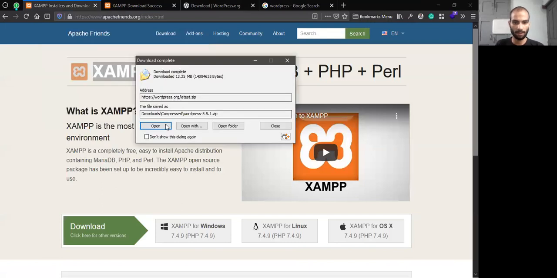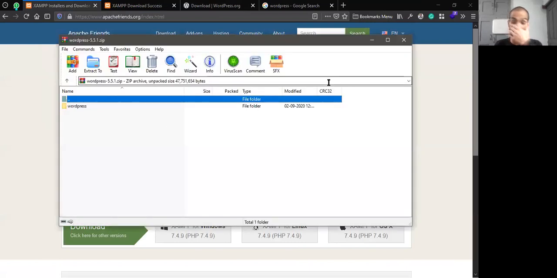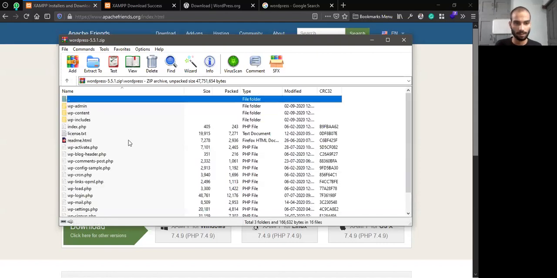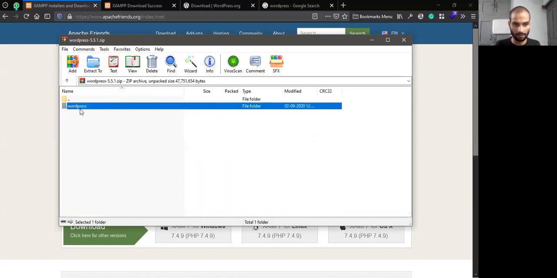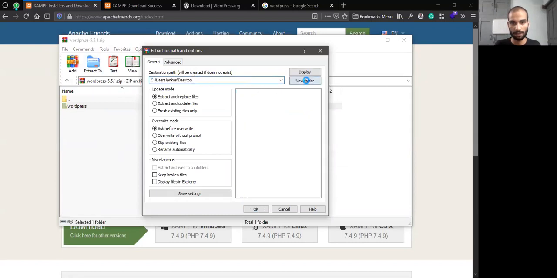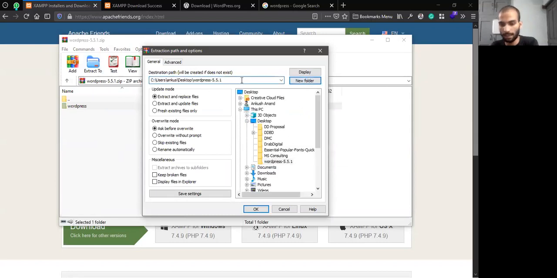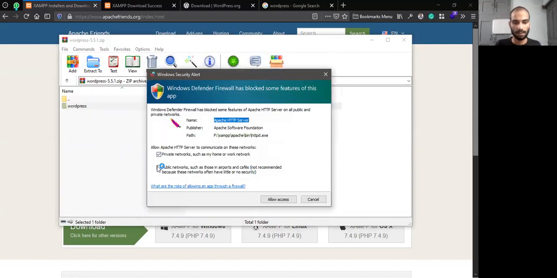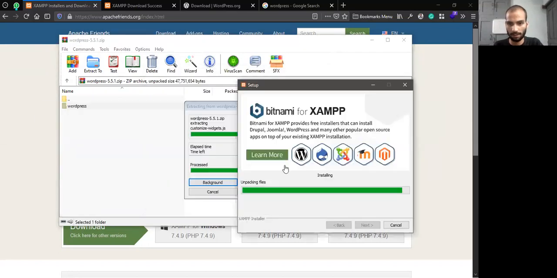So here WordPress is downloaded. Okay. So basically, what WordPress is, it is software. It is code that you can upload to your website. So just let me show you what's in there. I will just extract it on the desktop in a folder called WordPress, and I will show you what's in there. Okay, so here I will just click on allow access. This is asked by the installer.